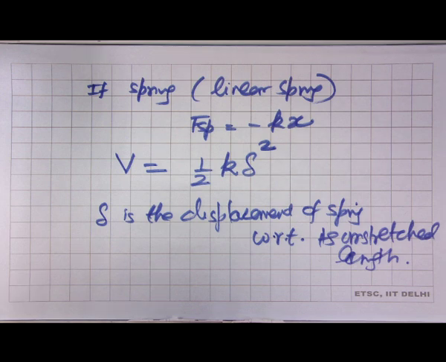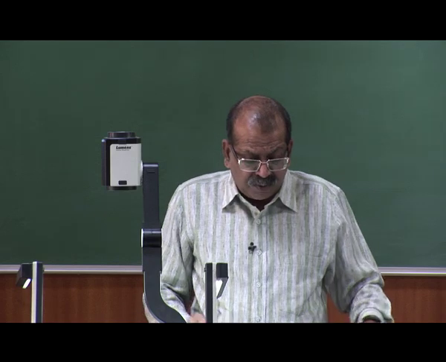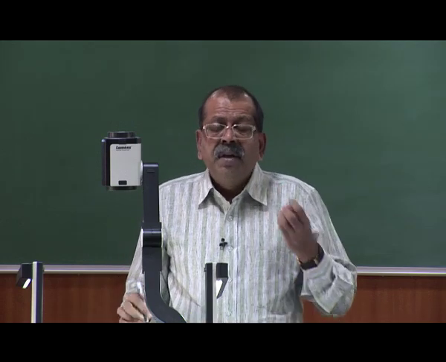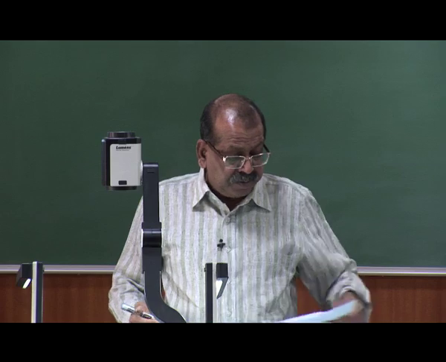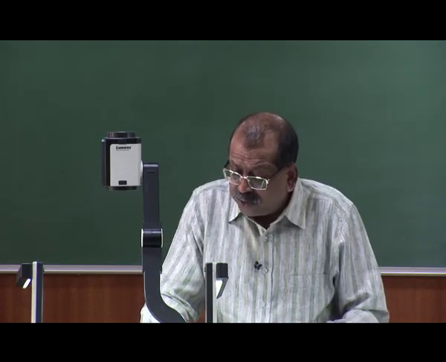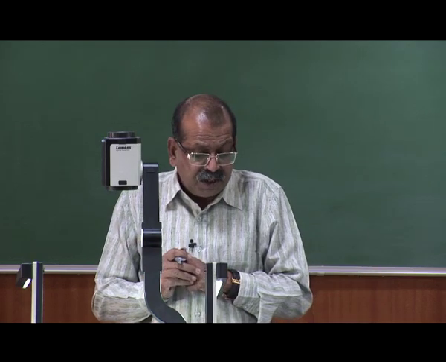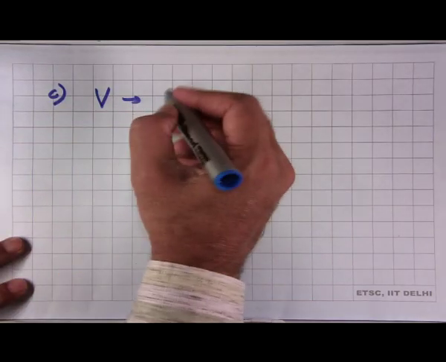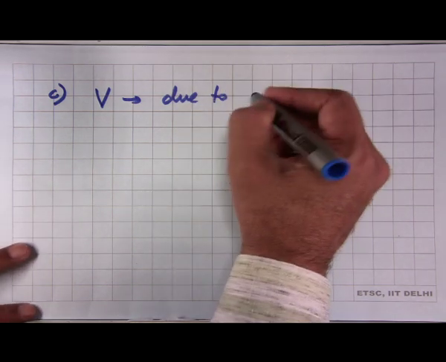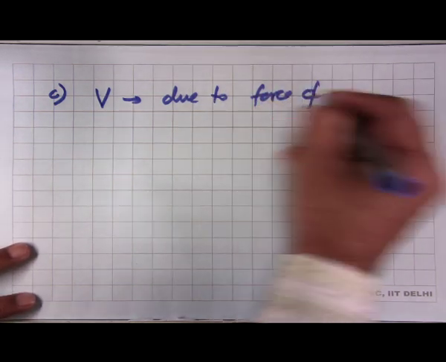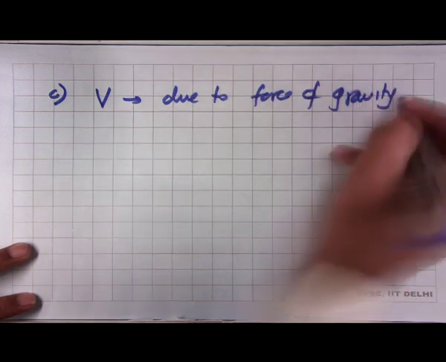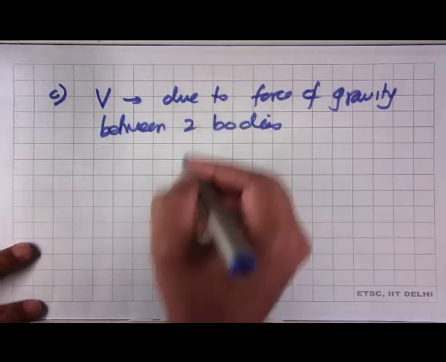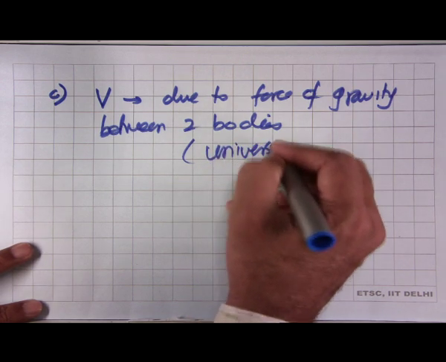So, now we have seen two forces for which we can write the potential energy: the force due to gravity and the force due to a linear spring. There is a third type of force for which potential energy can be defined, and this would be potential energy due to the force of gravity between two bodies, and this is where we are talking of the universal